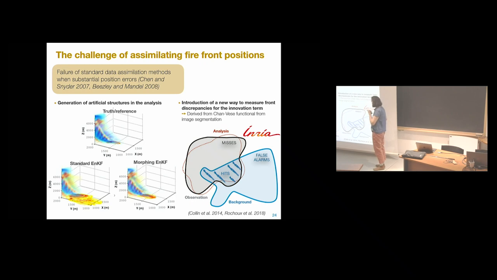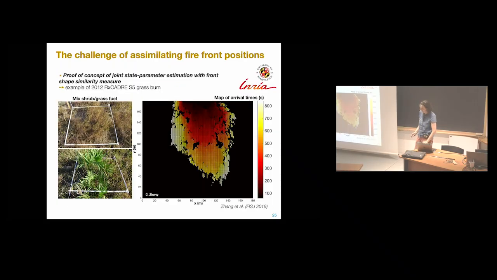You both maximize the hits between your two burning areas, and you want to minimize the misses, what you miss from the observation. This measure was derived from the image segmentation field, from the Chan-Vese functional. So it's quite technical, and we are still working on it, but it has shown some potential. And if I show you, we have done a proof of concept